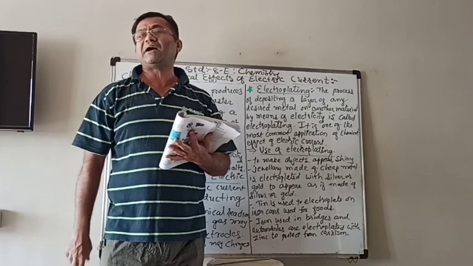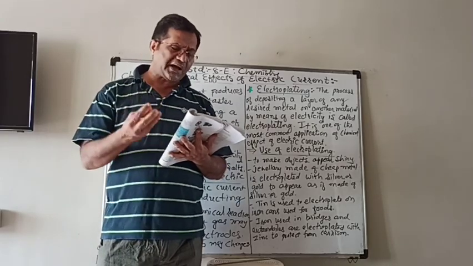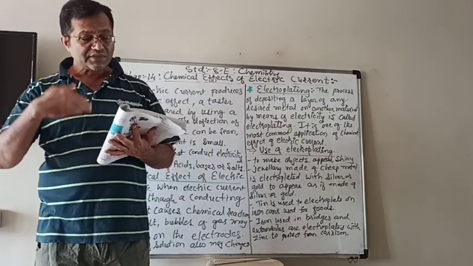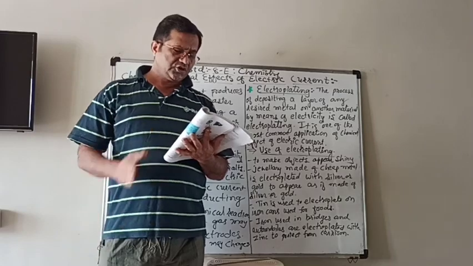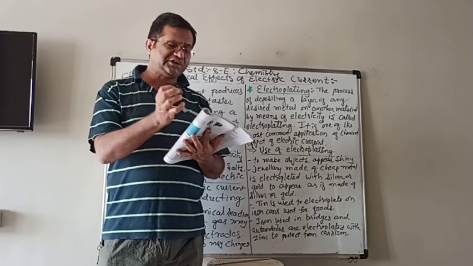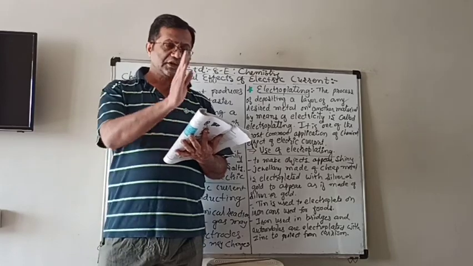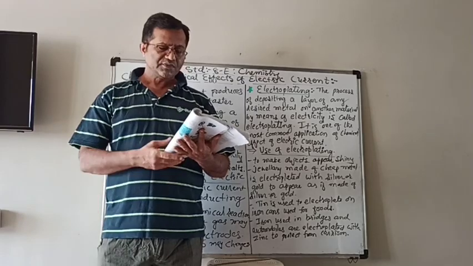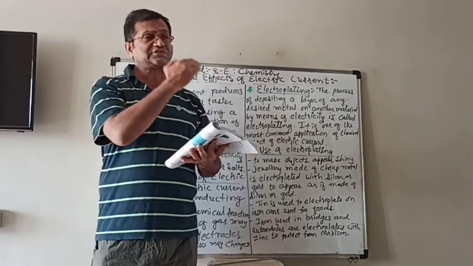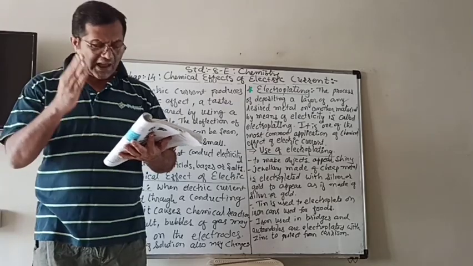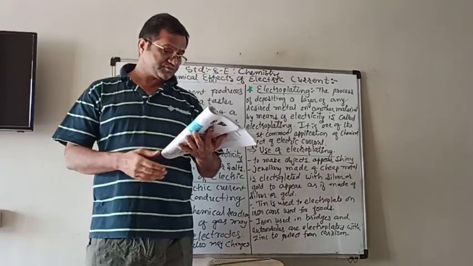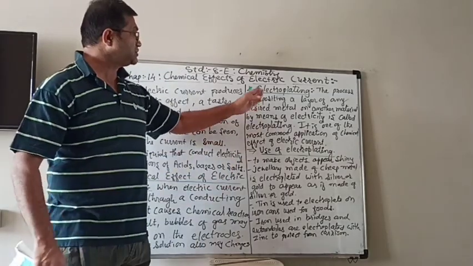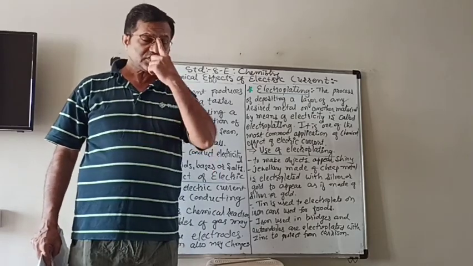Then join with the battery and current will pass through it. Allow the current to pass through for 15 minutes and then remove the electrodes. Then you will see that there is a different color. It means the coating of one plate is depositing on the other one, and that is the electroplating process. Now, what is the use of the electroplating process? Generally, where can we use it?